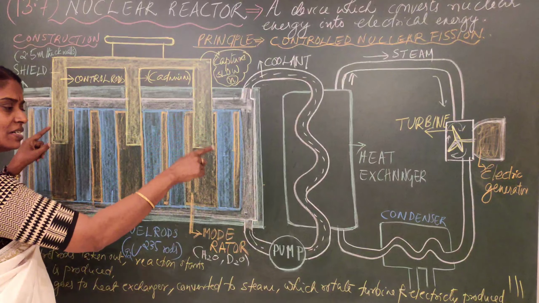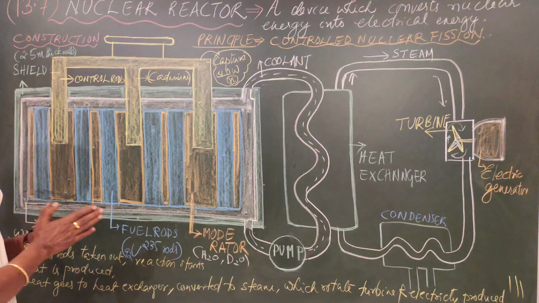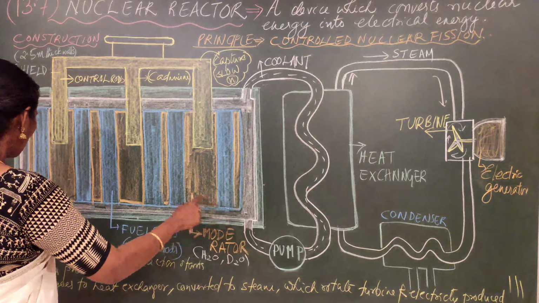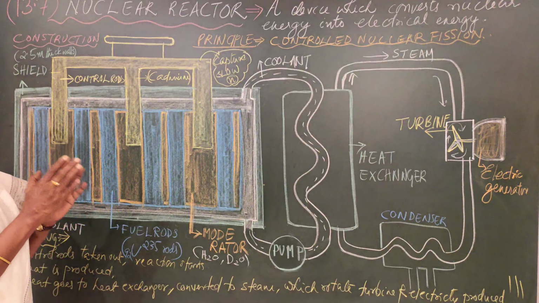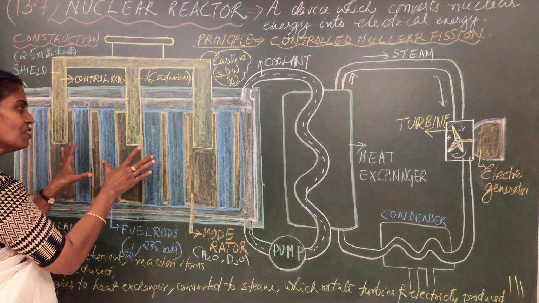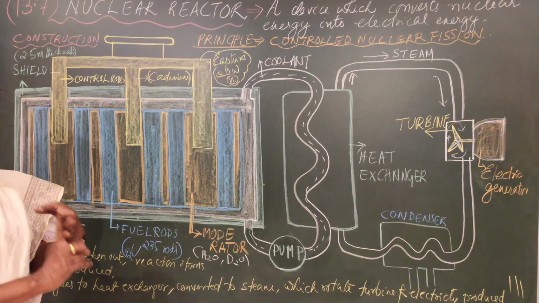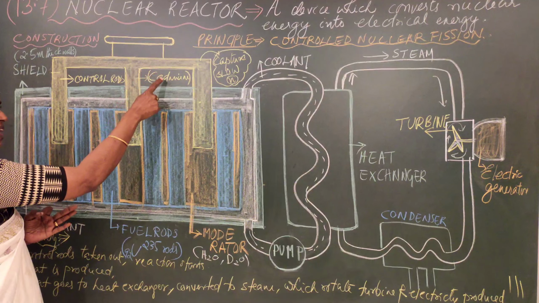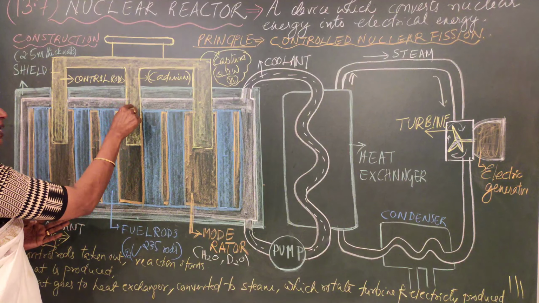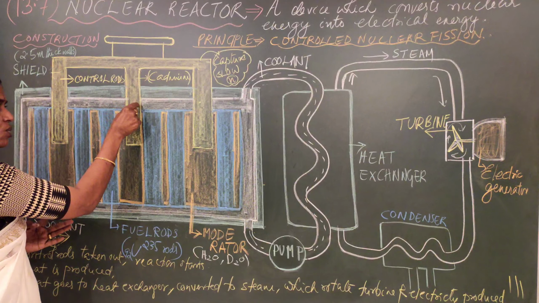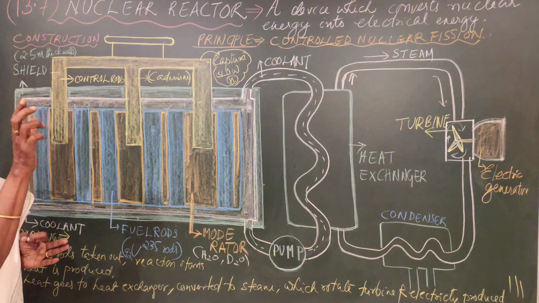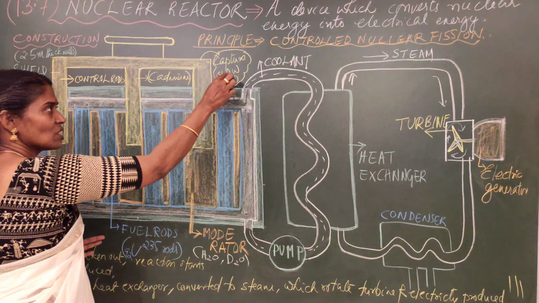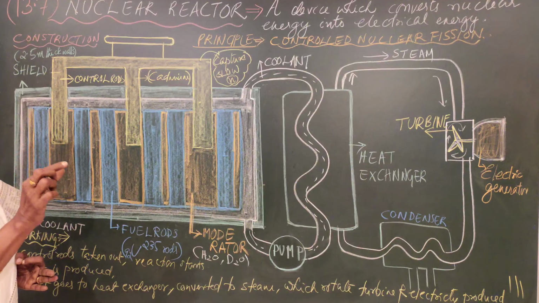The heart of the reactor is the fission chamber itself, the blue shaded portion. This blue rectangle is the fission chamber. Inside the fission chamber you have three main parts. First and foremost is the control rod. It is made up of cadmium, and this is the main heart of it, known as control rods. As the name itself says, the duty is to control or capture the slow neutrons. I will come to the word slow neutron. So that is control rods.